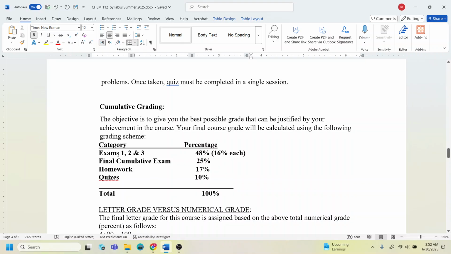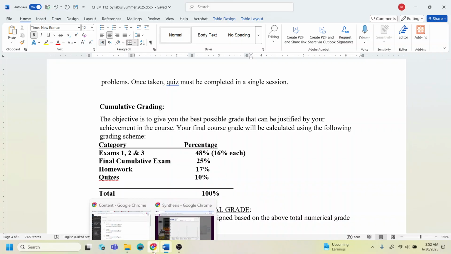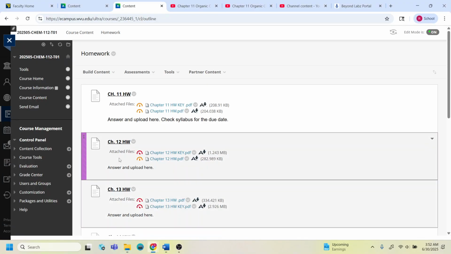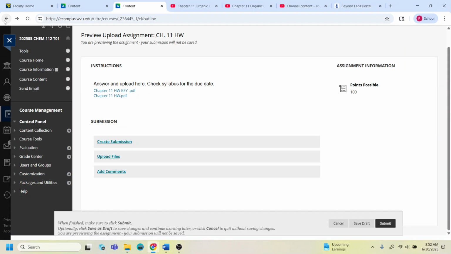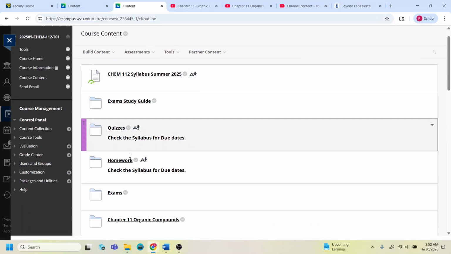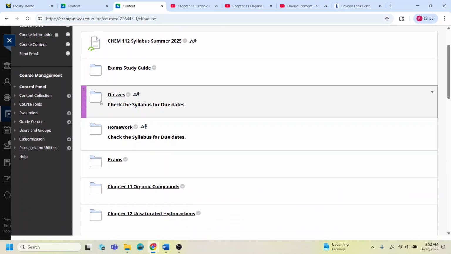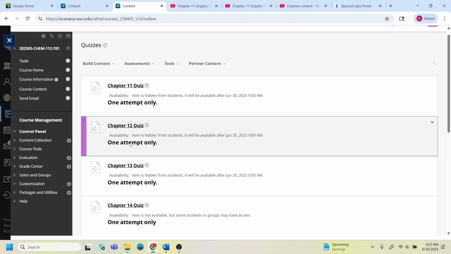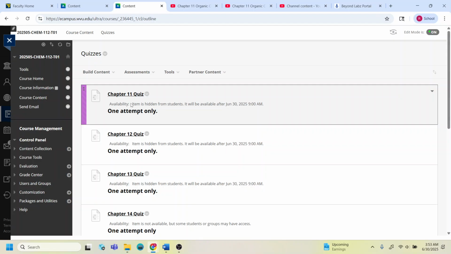So we will have three exams. We will have a final exam, homework, and the quizzes. Let's talk about the quizzes before the exam as well. To access the quizzes, we're going to go to course content, and there is a folder that is labeled quizzes. So you are going to click on that, and what you're going to see for this week, for the first exam,